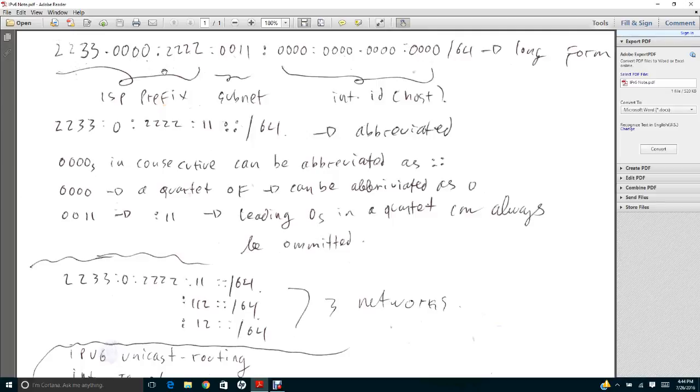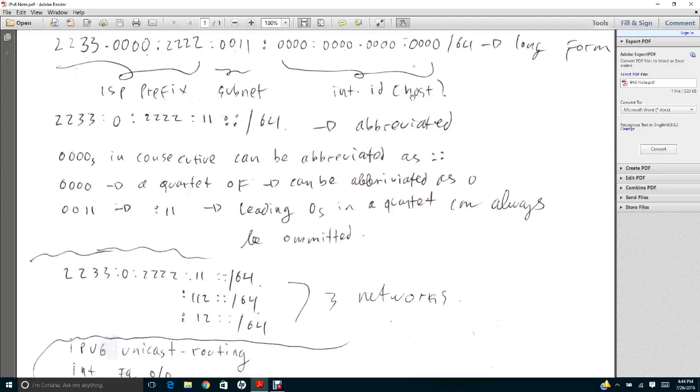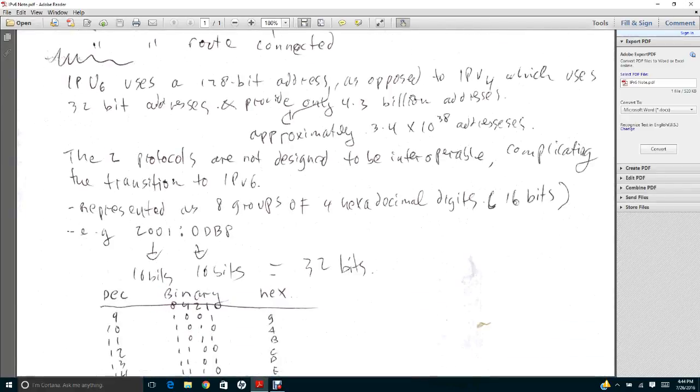Okay. So the first 3 octets, which is this, are the ISP prefix, and the 4th octet is called the subnet. So this IP version 6 address is on the 0011 subnet, and the last 4 octets represent the host ID. Okay, that's referred to as the host ID. Alright, so coming back to my note here,